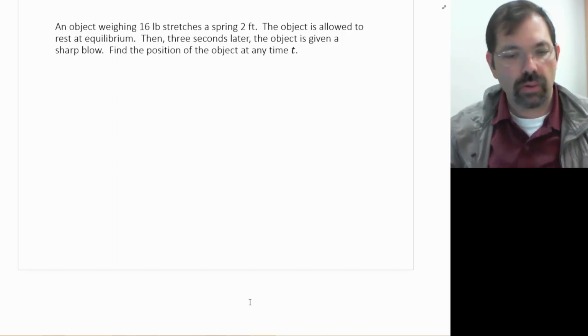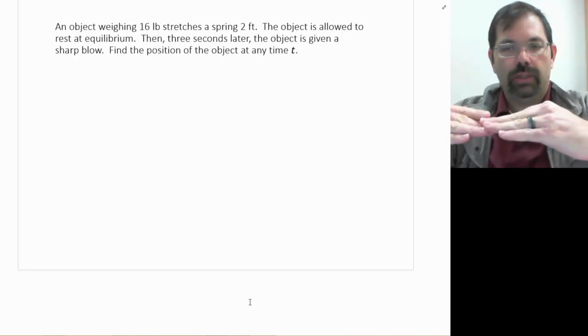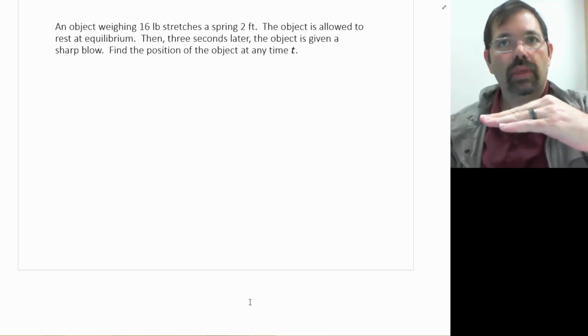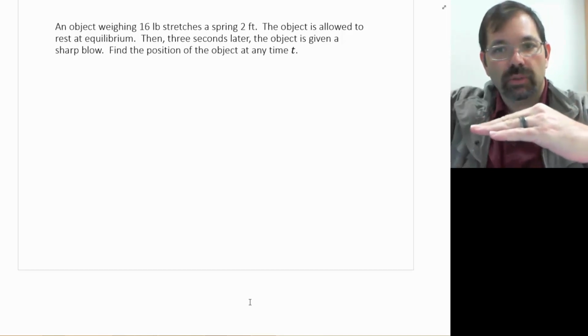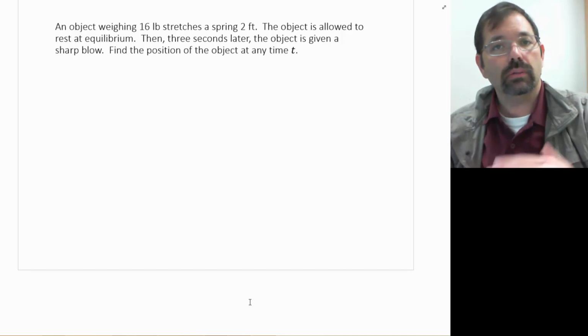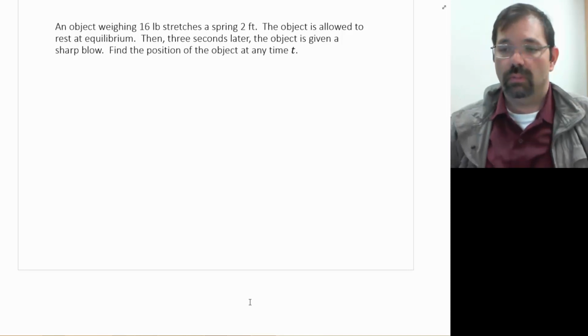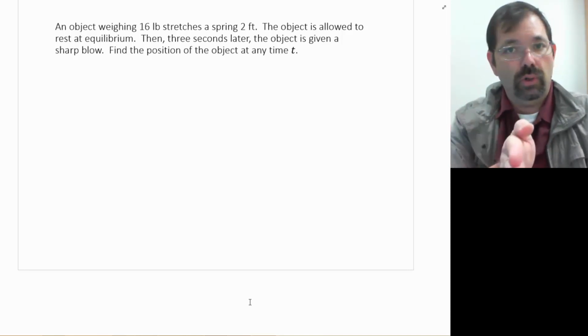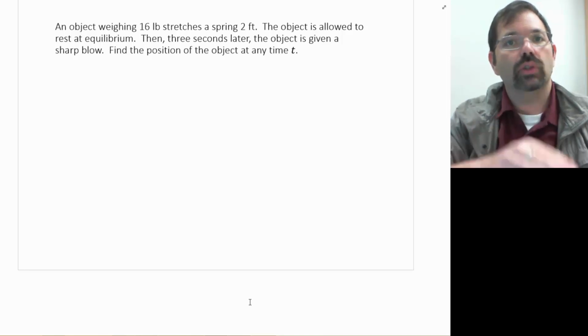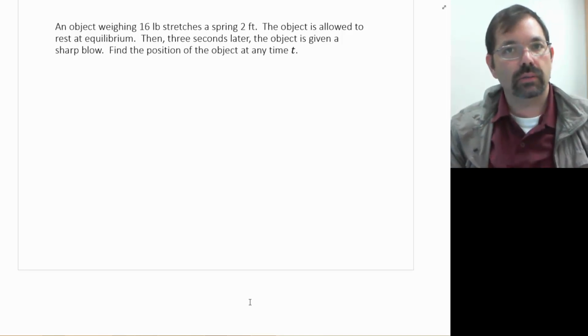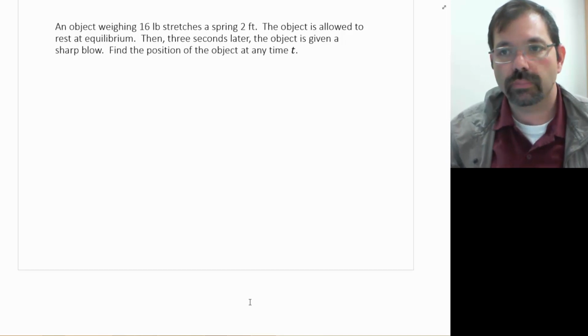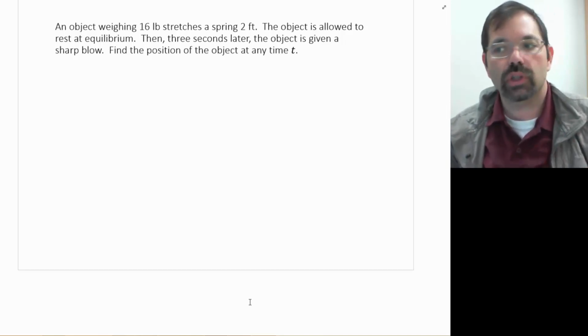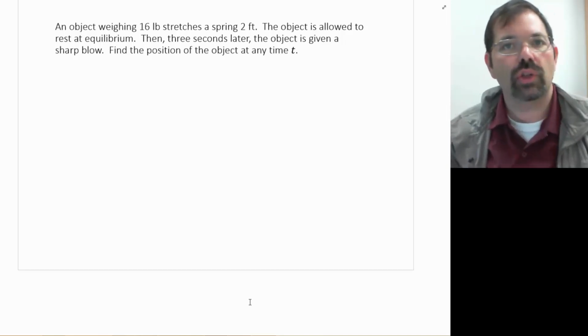All right, so now if we think about it reasonably, you've got your object, and it's sitting there. And then 3 seconds later, something comes by and hits it. Well, what's going to happen? The position should be 0 for a while, and then it'll start moving after 3 seconds. Seems reasonable, right? Now let's model it with a differential equation, find the solution, and show that we get the same result.